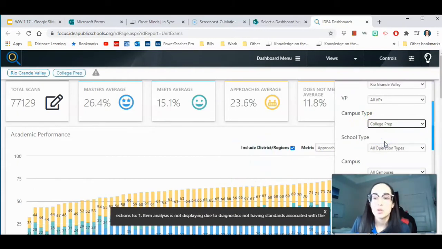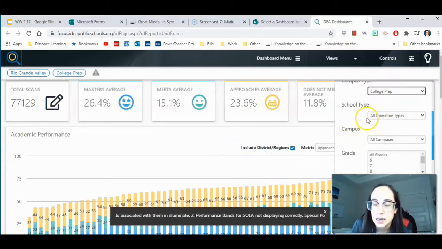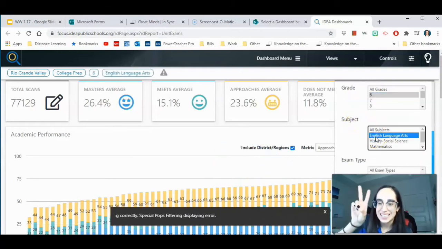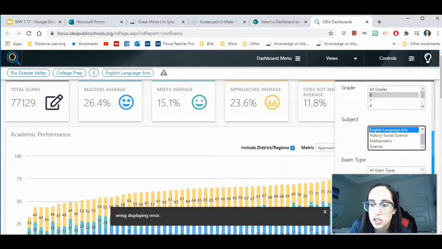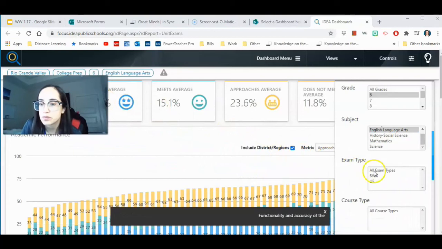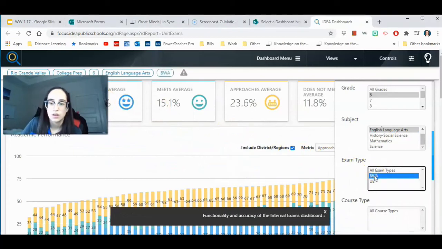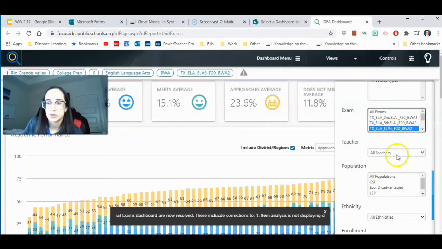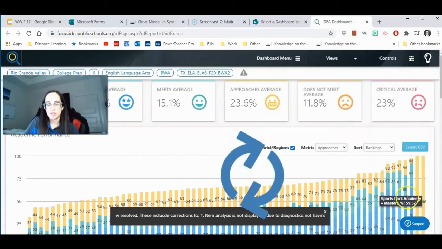Last time, for bi-weekly assessment number 1, Idea McAllen ended up in first place, the highest of the highest scores, so congratulations to you guys. But I do want to show you where we ended up on our second bi-weekly exam. Let me just move my window somewhere over here. We are going to be looking for ELA 6th grade Fall 20 bi-weekly number 2, and I'm going to add those filters.